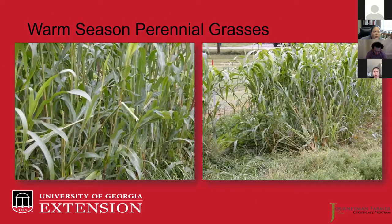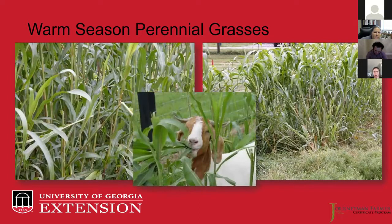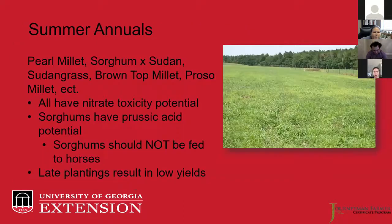So with warm season perennial grasses, as you saw, this is a field that's got some sorghum Sudan growing on the side with some Bermuda grass. And as earlier, the goat prefers the sorghum Sudan over our warm season perennial grasses such as Bermuda or Bahia. Pearl millet, sorghum Sudan, brown top millet, all of these are good summer annuals that can provide good nutrition quality